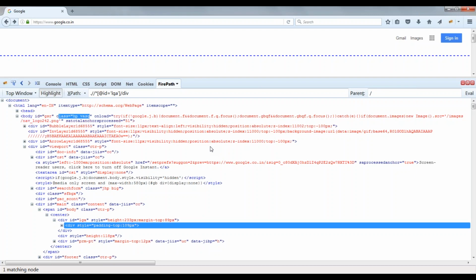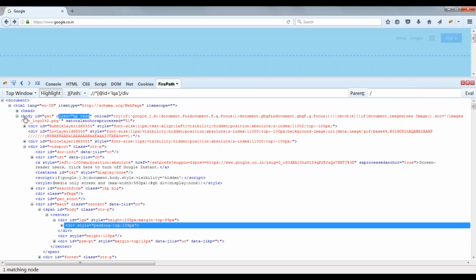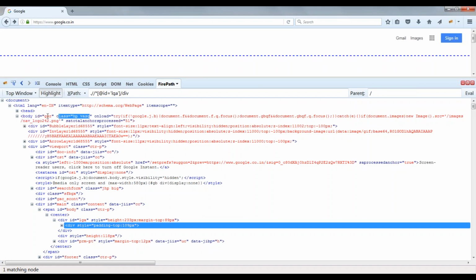We will look into that at a later stage. In HTML every element will have its own ID, and a class like that. Using those attributes we should identify the element.